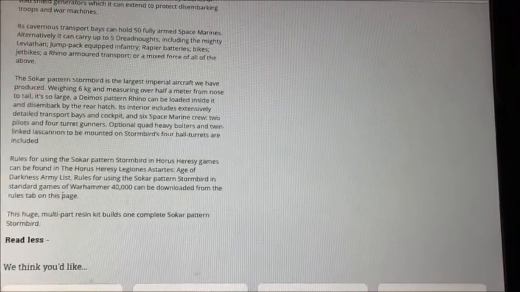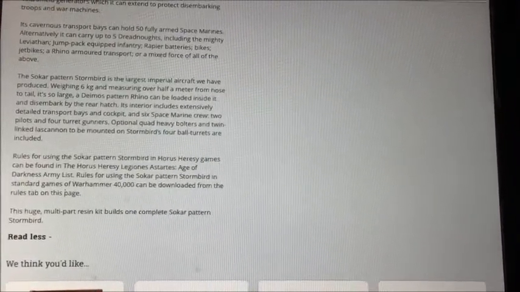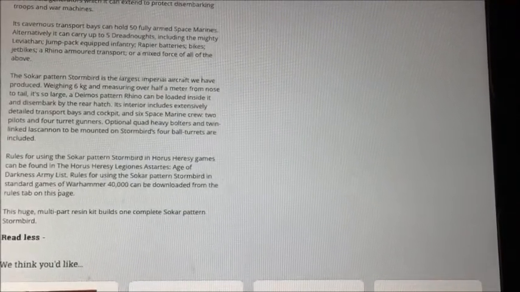Oh, see, that's what I was wondering. Can you do, like, here's a dreadnought and this many troops? What does a dreadnought equal? 10 troops, maybe? The Sokar pattern Stormbird is the largest Imperial aircraft we have produced, weighing about 6 kilograms, so